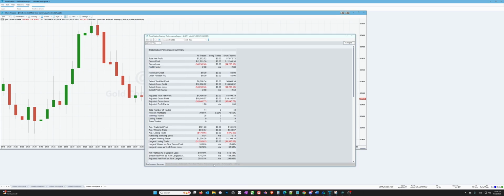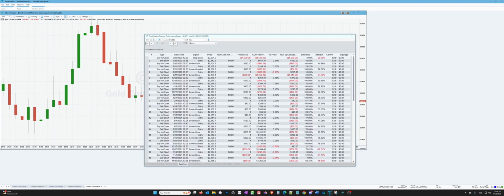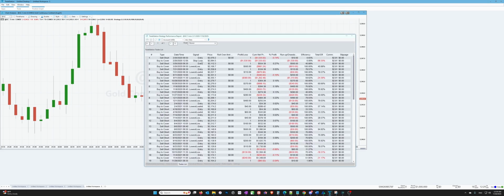And then the performance graph looks like we actually start the period of 2020 with a drawdown. So we look at the trades list. Yeah, it looks like we hit our stop loss on the very first trade. We're down 1,500, which, by the way, if you ever develop a strategy on gold and you're using fixed dollar amount stop losses, I have found that 1,500 is a pretty good amount, at least for the gold futures. So it looks like we start with a drawdown, but then the rest of the strategy still seems to perform the same, where we're entering